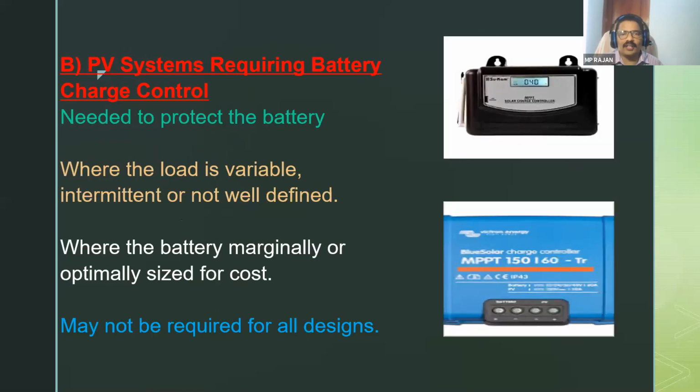So first of all, we'll see the battery charge controller. This comes after the inverter and battery. This is another important part in a solar PV system. This is called a battery charge controller. So as the name implies, it controls the battery charging. Not only battery charging control, it is protection. It is giving protection to the battery, and it is preventing overcharging and over discharging.